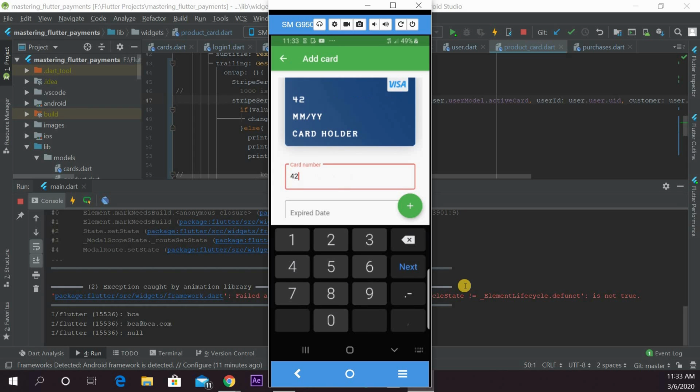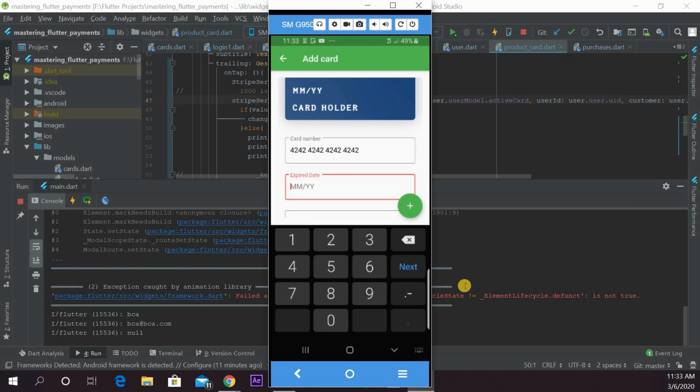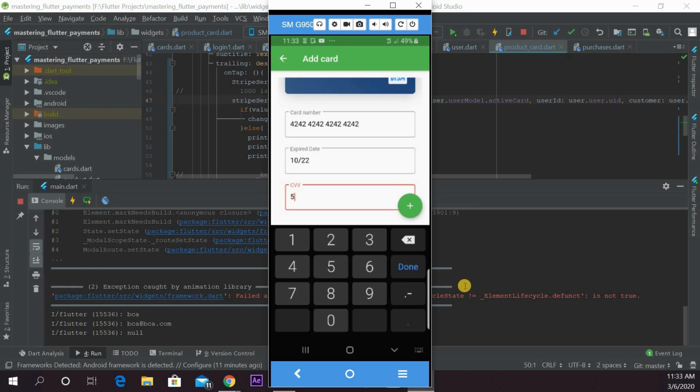And again, you know what to do. We are going to enter here some fake card details, which is done. Date, the CVC,